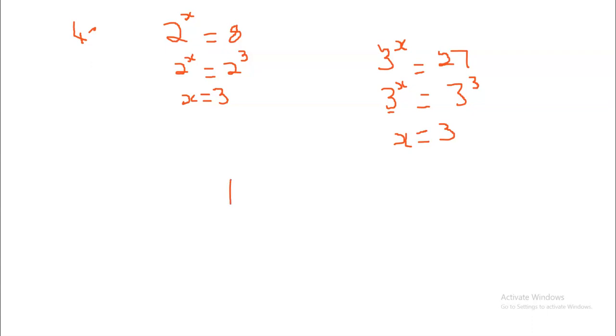So this applies for nearly everything, but be careful if you've got 16, for example. Let's say I've got 4 to the power of x equals 16. Now you need to be careful, because if you do shift fact 16, it won't give you 4 to the power of something. So whenever you get 16 here, always remember 4 to the power of 2 is the same thing as 16. So just change